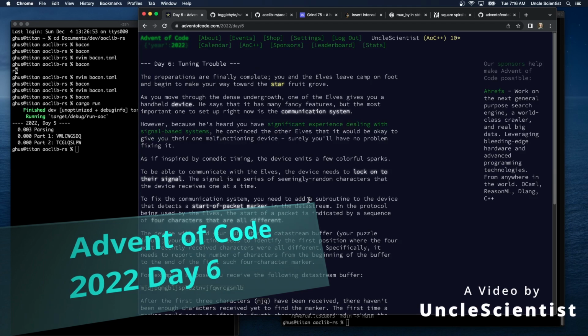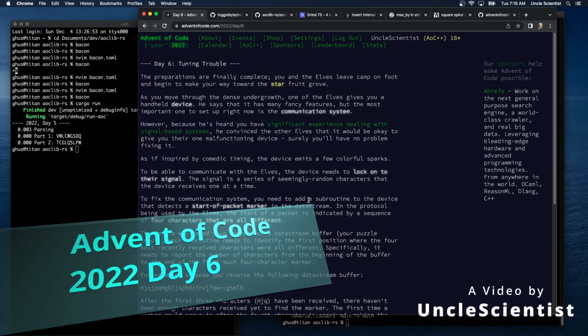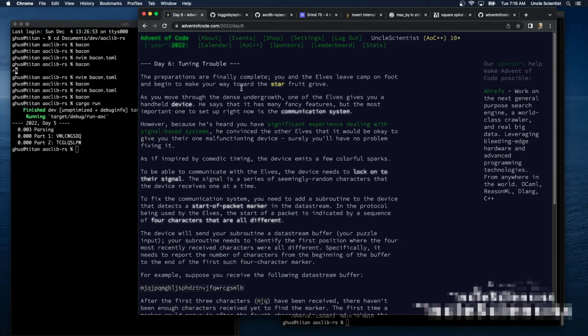Day 6, Tuning Trouble. The preparations are finally complete. You and the elves leave camp on foot and begin to make your way toward the star fruit grove. Right, collecting star fruit. As you move through the dense undergrowth, one of the elves gives you a handheld device. He says that it has many fancy features, but the most important one to set up right now is the communication system. Ooh, I wonder if this device is going to be something we get to program in future